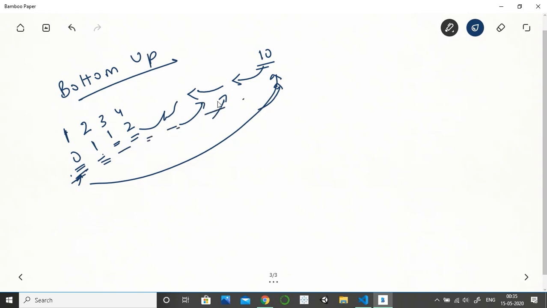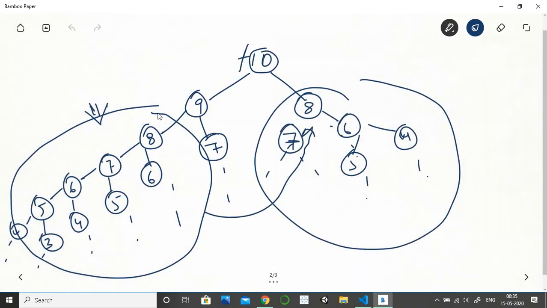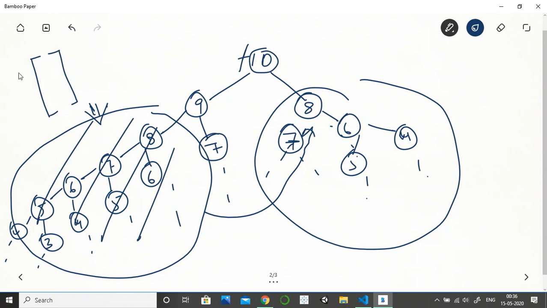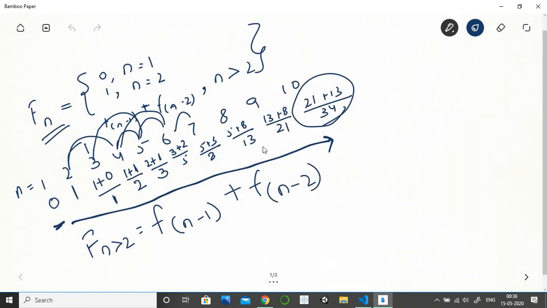Just like in this case, let's say we have already stored the value of 8. Let's say we have an array here. This is 0, this is 1, 2, and up to 8. For 8 we already know the value was 13, right?